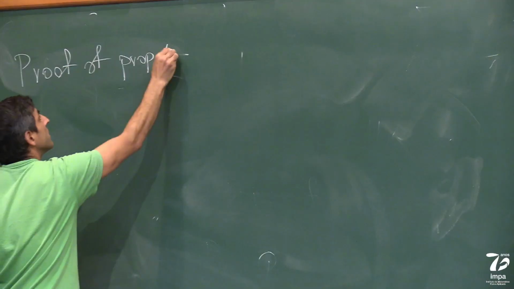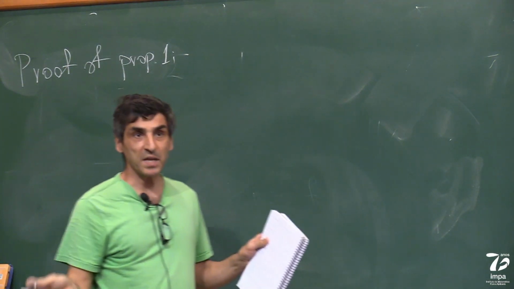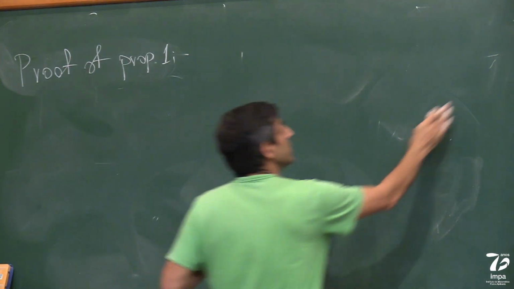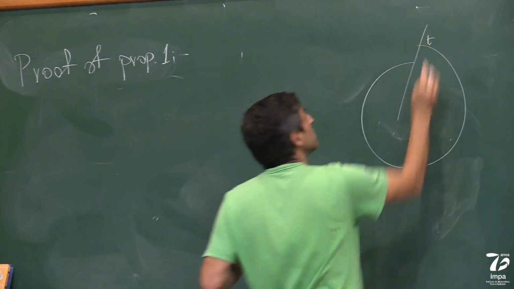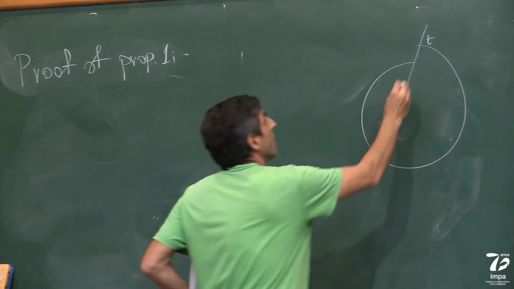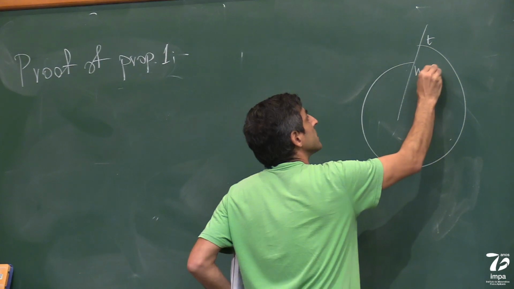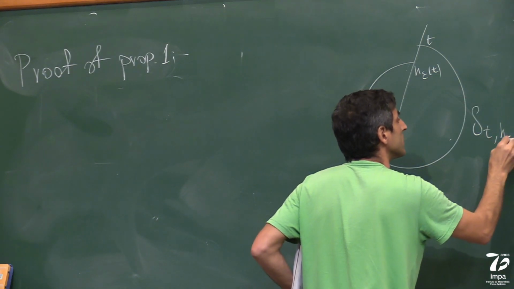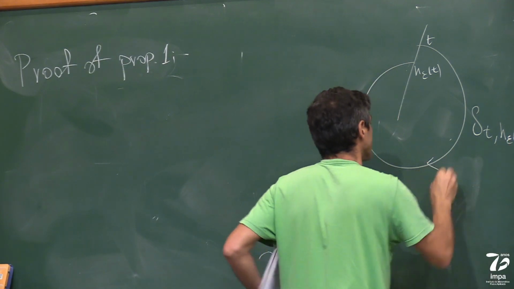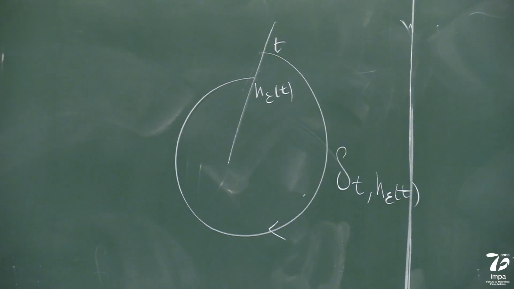Proposition 1. Again, you can do it in a complex context, but I think in the real context at least you have a better visualization. In the complex context, it is the same. So I call this one L delta T H epsilon T. Okay, so the proof is